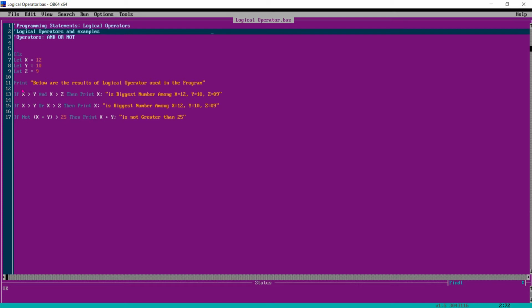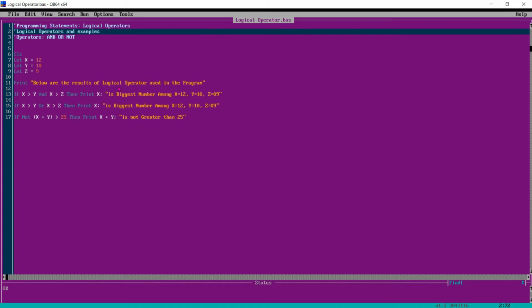This is the first condition, and then AND x is also greater than z. Then it should print x is the biggest number among x, y, z. Got it? When x is greater than the remaining two numbers, then it will be called big.